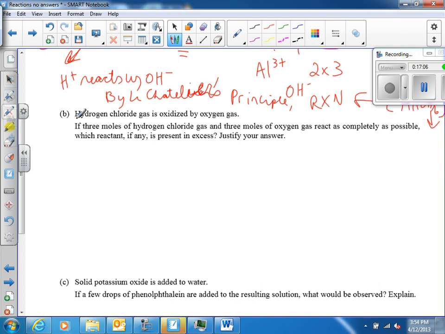Okay, hydrogen chloride gas, HCl gas, is oxidized by oxygen gas. And so that means the oxygen gas is going to get reduced. Hydrogen chloride gas gets oxidized. The O2 gets reduced. We're going to make O2-,